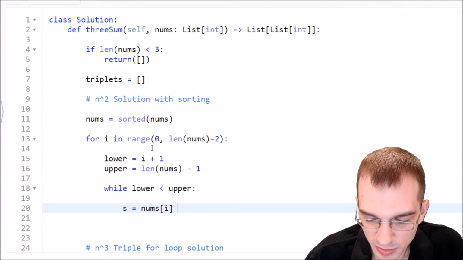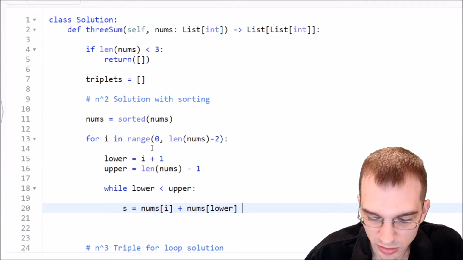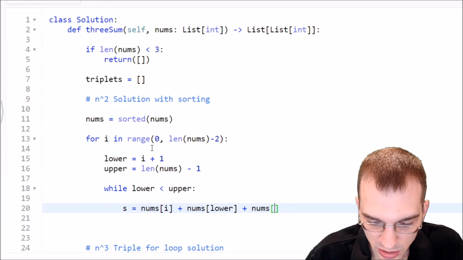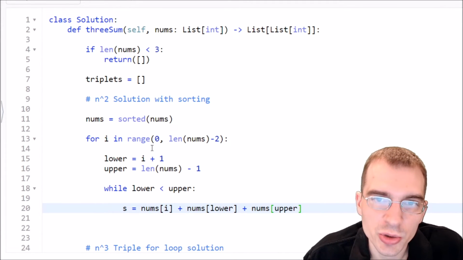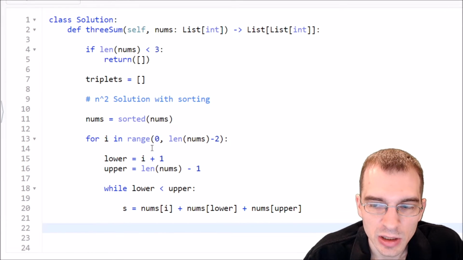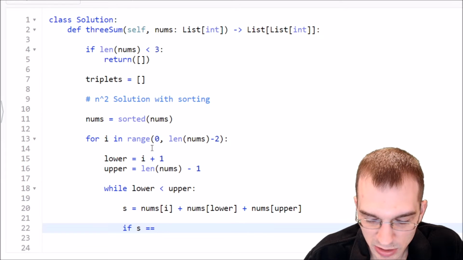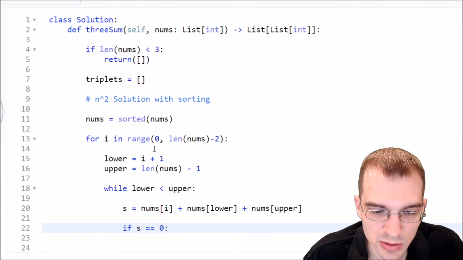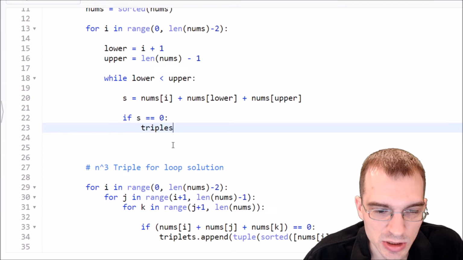So nums I plus nums at the lower pointer plus nums at the upper pointer. So S is holding our sum now. If that sum is equal to 0, well, we need to store that because it means it's a valid triplet. So if S equals 0, we need to do something. We're going to say triplets